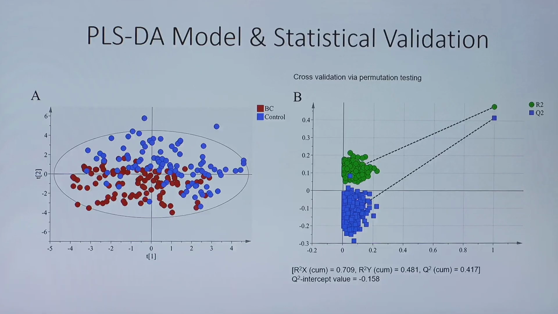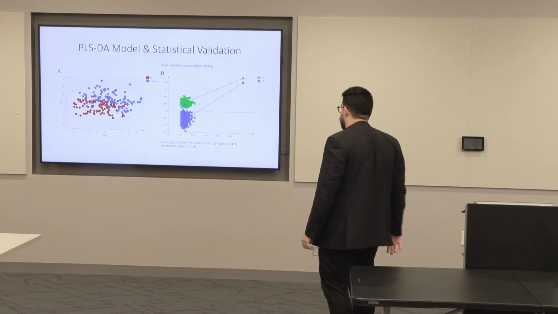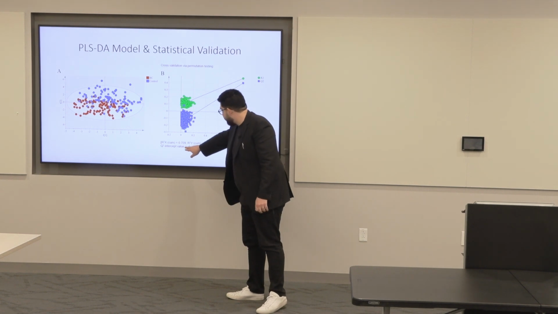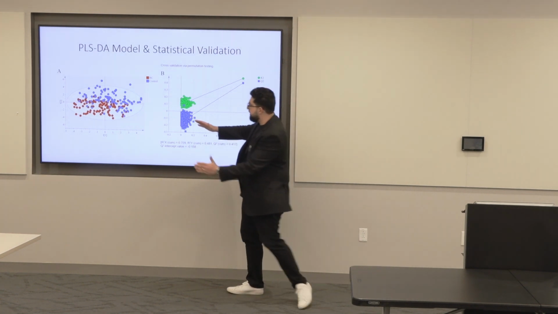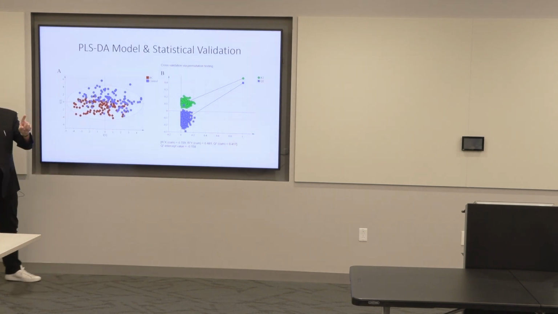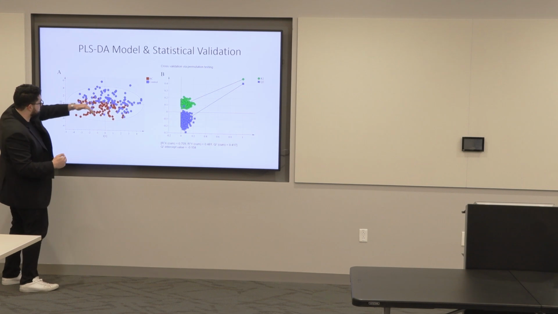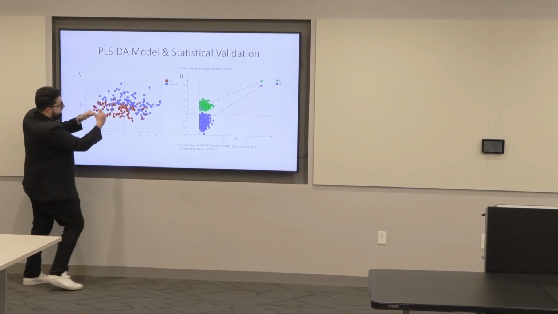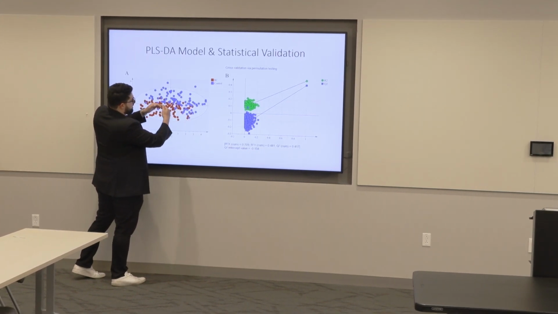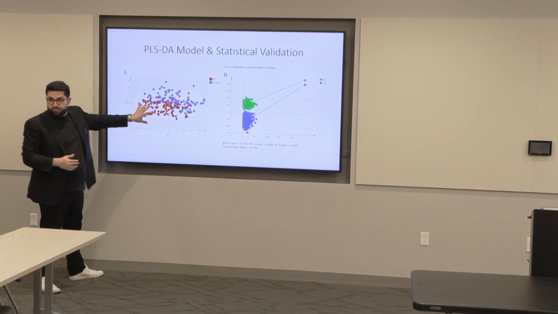So what we did was we took those 30 metabolites and we modeled them. On the left-hand side, you'll see a partial least squares discriminant analysis model, and then you'll see a statistical validation on the right-hand side. So what we're seeing here is that the model is not overfit. This Q statistic is showing two separation, right? So based on these 30 metabolites, the ones that weren't significantly different between the two control groups, we can separate in the lower quadrant 4 and between this cross-section in the origin, we can separate breast cancer from control pretty